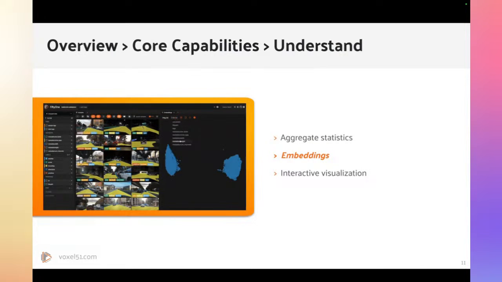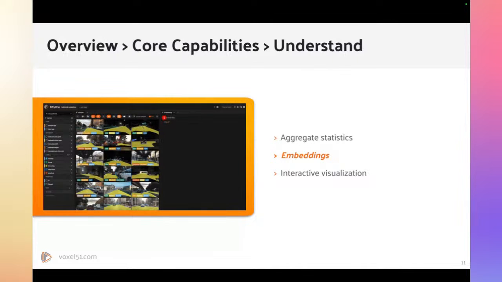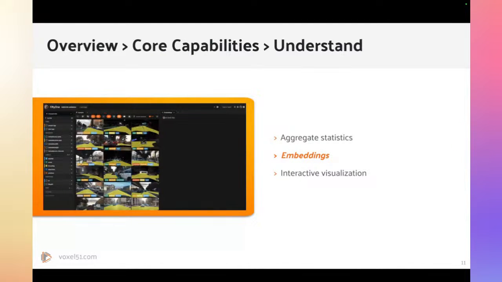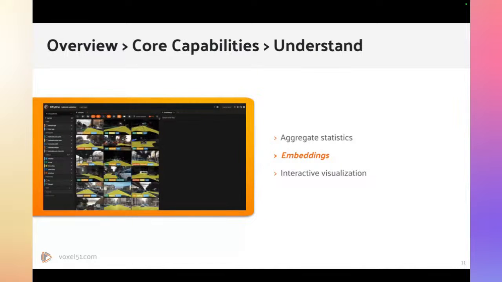So I don't want to go too deeply into this. I'll show an example of this at the very end, but basically you can, as Eugen said, take these models that are trained either in a pre-training sense, so trained on a large amount of data, not for a specific task, or they're trained on your specific data and are really good at that, and you take a layer from that model. If it's a pre-training model, typically it's the last layer. If it is an autoencoder or some other type of model that is trained specifically for a task, it may not be the last layer. But you take that embedding, this latent representation that encodes meaningful features of your data, and you can use those to look at the structure of the data.